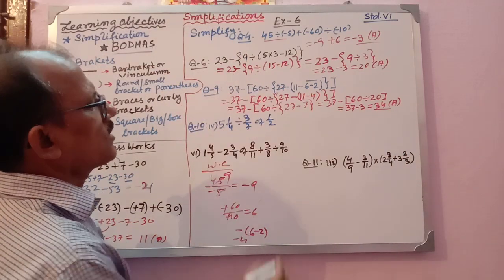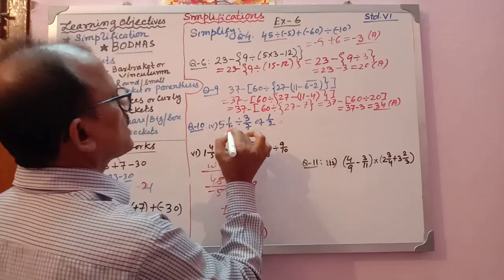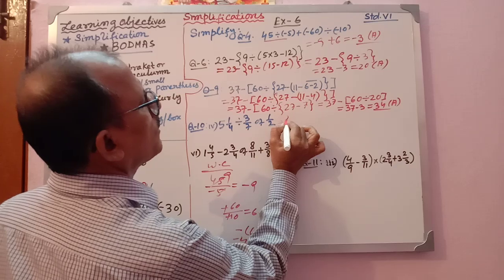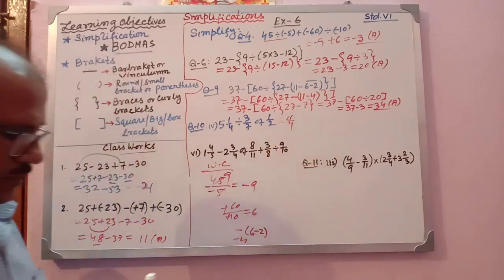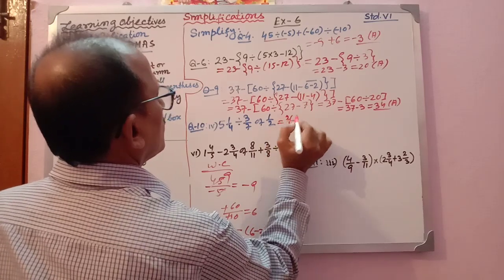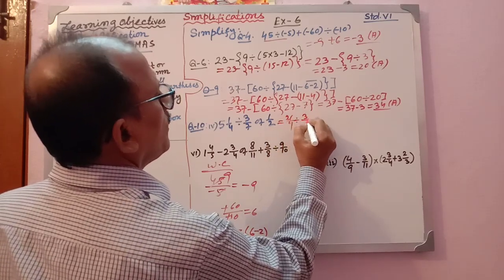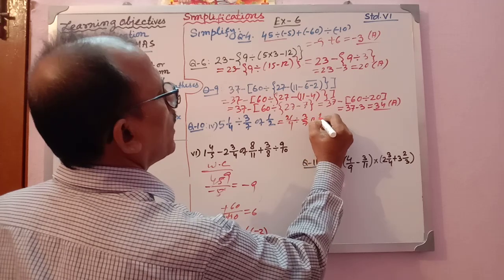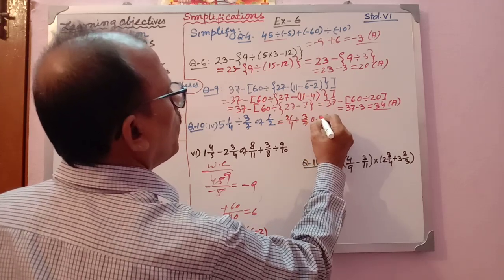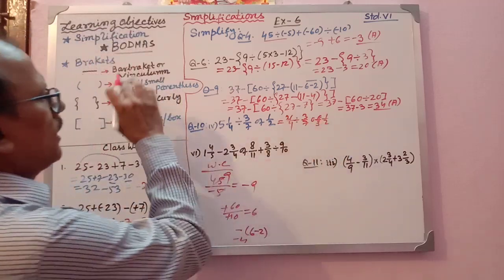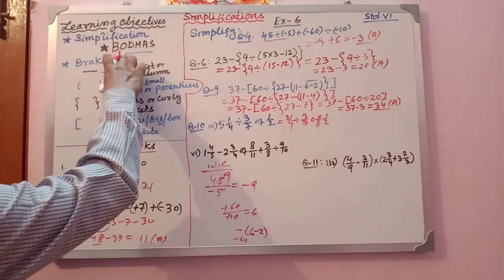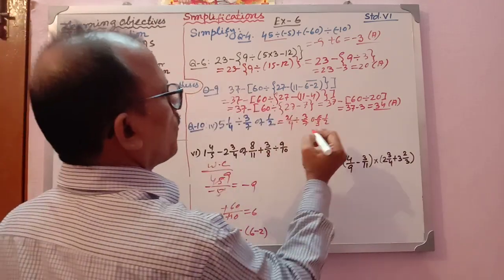Now I have taken one fraction sum. What will you do? Fraction sum, first you convert into the same procedure you follow. 21 by 4. 21 by 4 it is, isn't it? So 21 by 4 divided by 3 by 7 of 1 by 2. Of 1 by 2. So here will you do the of work first, or the division work first? Because of comes in the order first in BODMAS, you have to do the of work first.